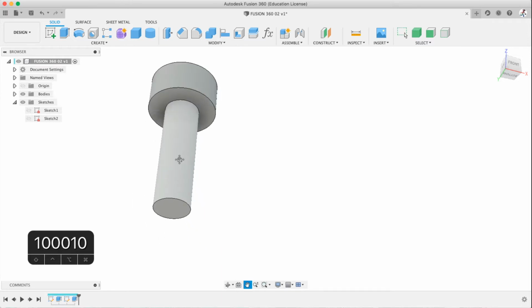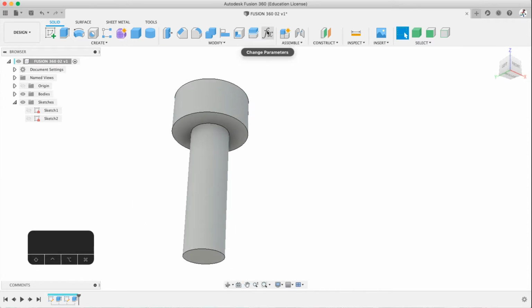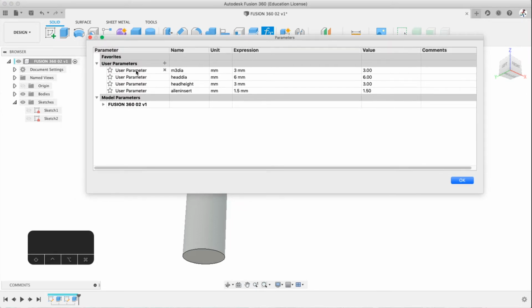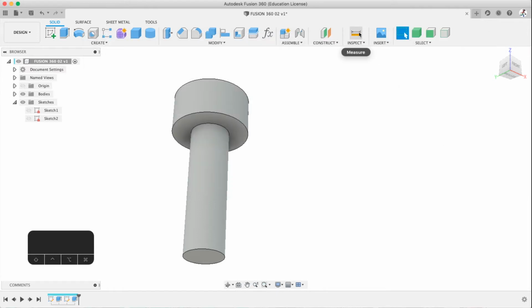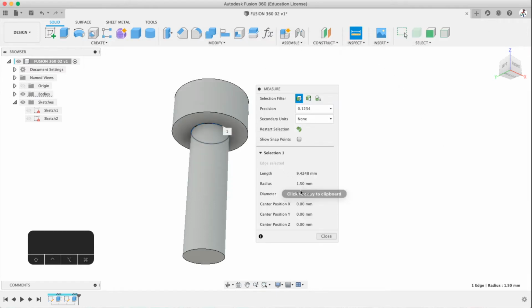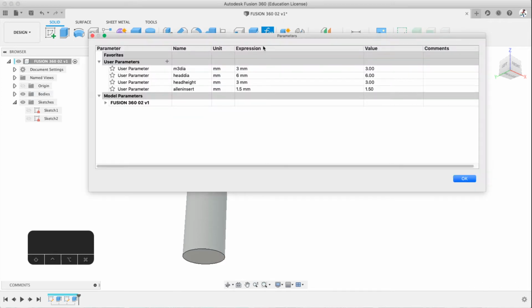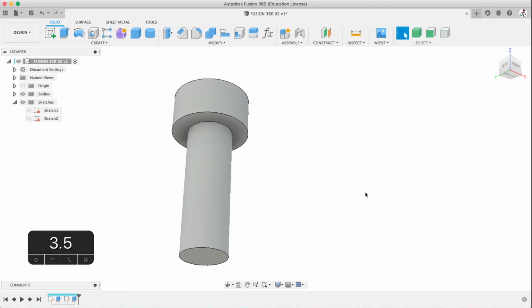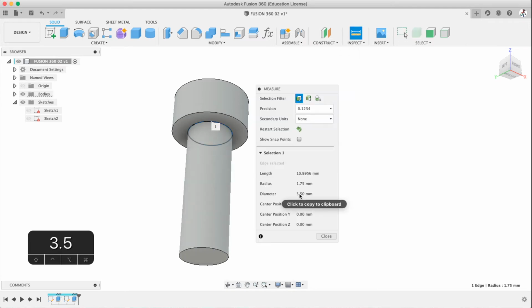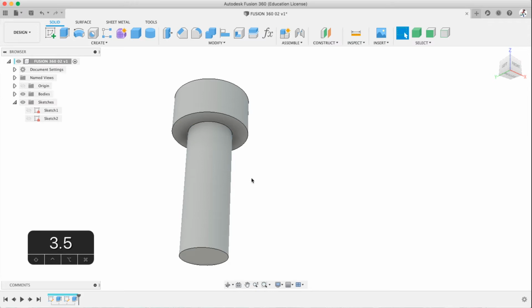Now, here is where things are going to change. So this is an example of why it's important to have the parameters. The parameters, M3 diameter: if I double click this, I can change the name, I can change the units, but I'm going to change the size. Let's just show you. Inspect measurement. It says 3 millimeter diameter, radius 1.5, and so on. Same thing down here. You're going to click the edge. That's the center, the ring. If I change the parameter to, let's say, 3.5, now if I inspect it, it becomes 3.5, which means anything I do that uses that parameter is going to